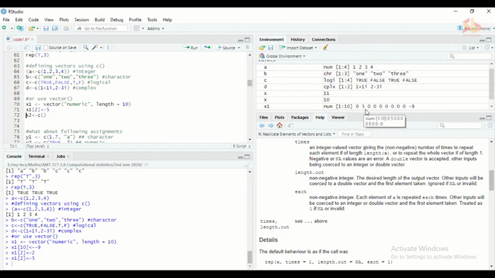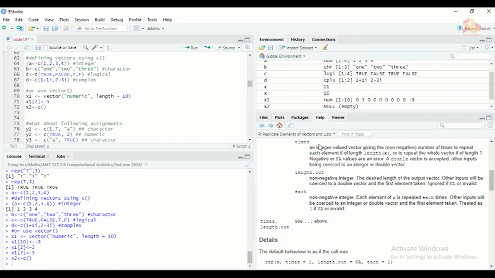So that is how you can edit or enter data. This is valid for any type of vector. After defining an empty vector using the vector command, you can enter data into that one, and you can use the same technique to edit already defined vectors. And this is the second case. Using the simple c function, you can create null vectors. So here you can see x2 is a NULL.